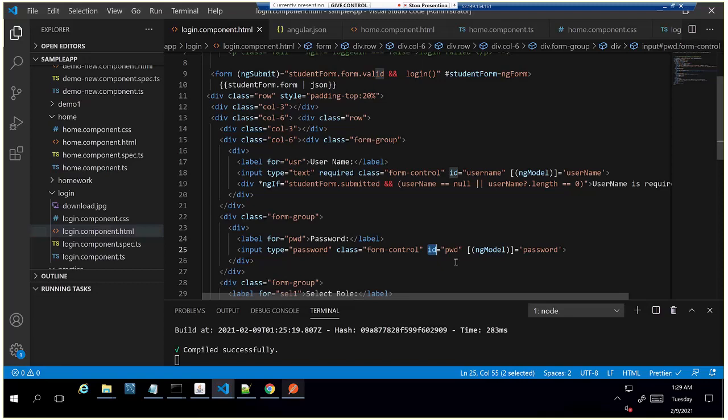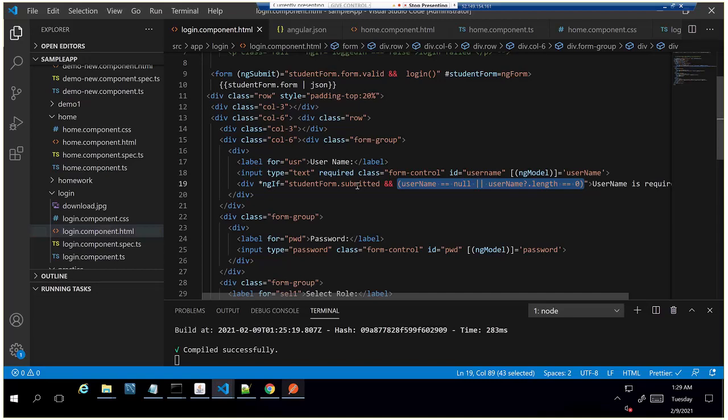Got it? So in our projects we use reactive forms instead of model driven, because here we have to manually write all the logic like this. Instead of this, we can directly write Validators.required, which automatically checks for the value and the length, and it shows the error message automatically. Got it.